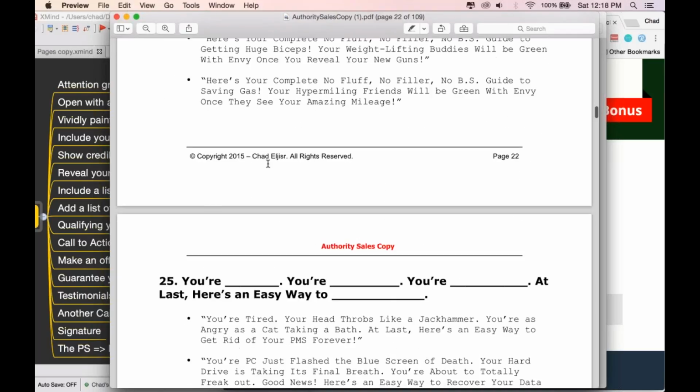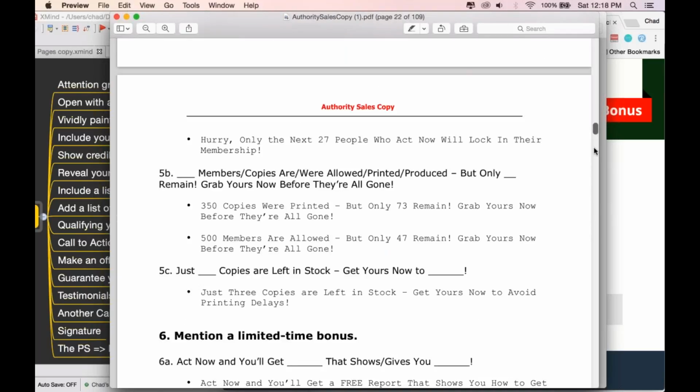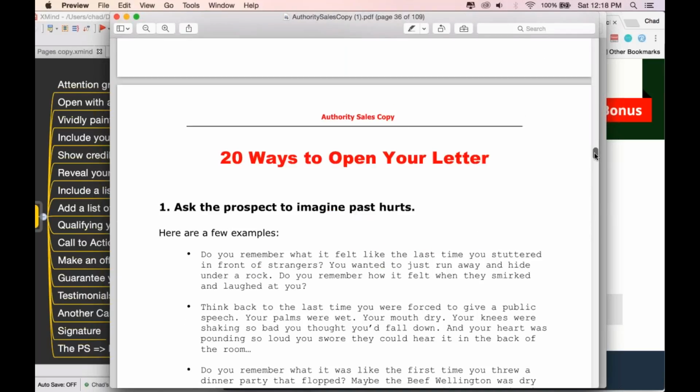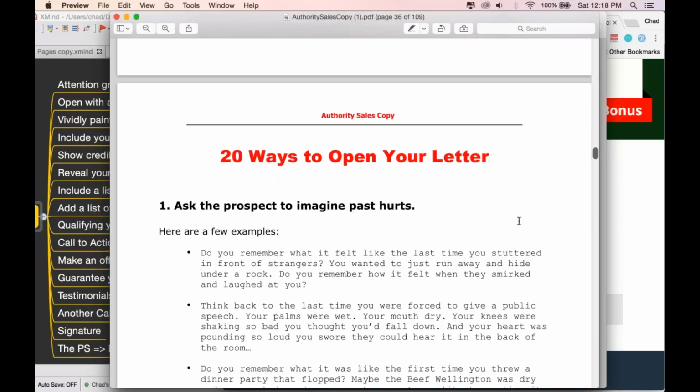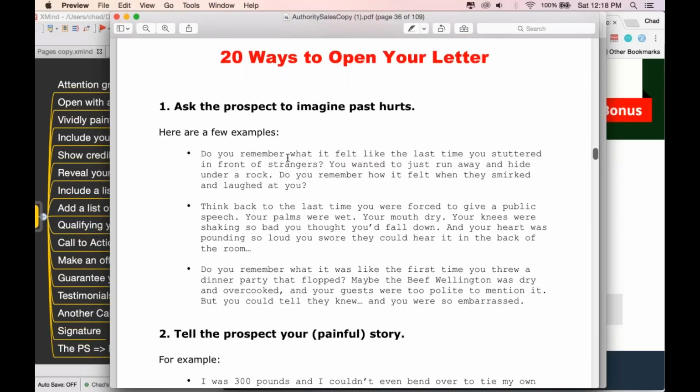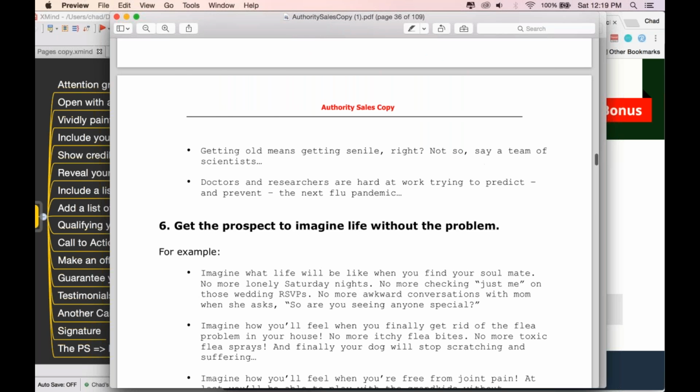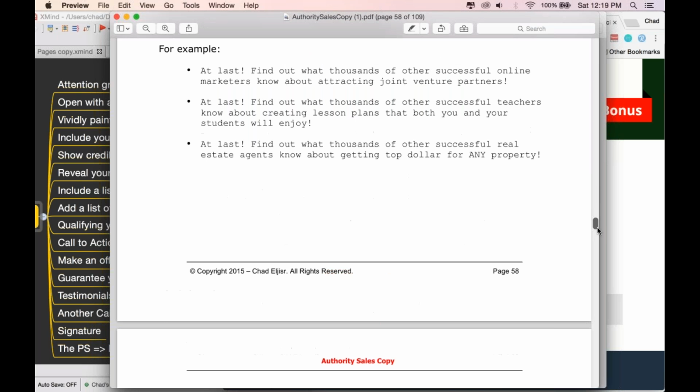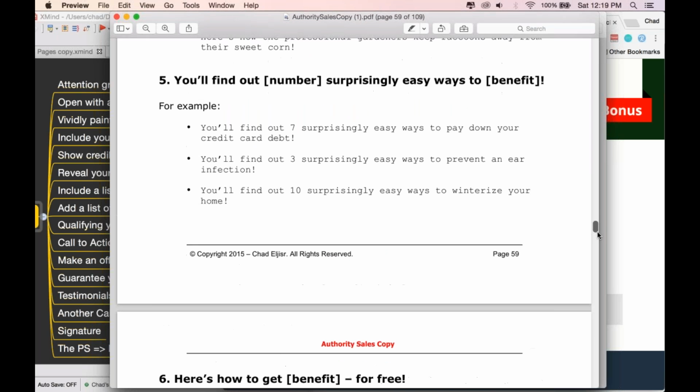So if it's not about the header, let's say you want, here, 20 ways to open your sales letter. This is one of the parts where I used to have big difficulties on how to start, what I'm going to talk about. All right. But even if you need things much more specific, let me say writing the guarantee, for example, what would be a good